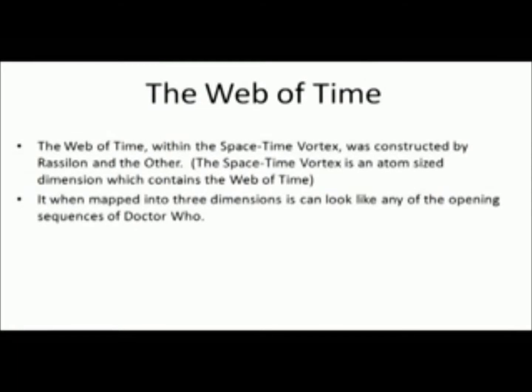And the Web of Time was created sometime after the formation of the Eye of Harmony. What the Web of Time is, it's basically a dimension that connects every single point in the universe with time. It's a dimension between time and space, and it was constructed by Rassilon and the Other. Omega wasn't around at that time, and the space-time vortex is within the dimension that contains the Web of Time, and if you were to map that